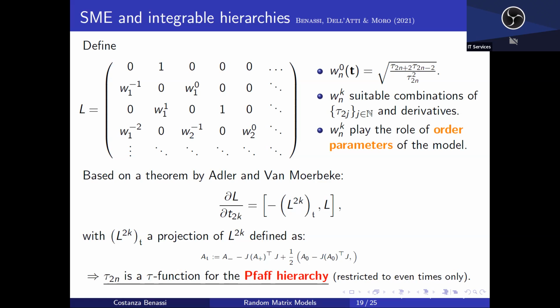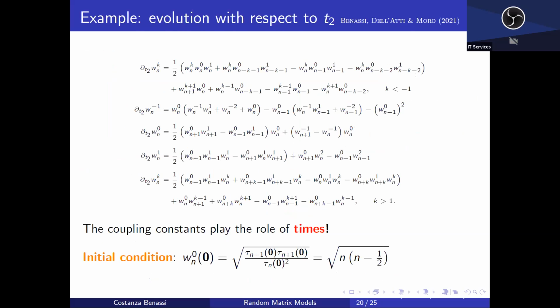Okay. So again, this is an integrable hierarchy. We have infinitely many commuting flows, one for each coupling constant that again are hidden in here in the taus. And so tau is just a tau function for the FAF hierarchy, again restricted to even times only. This result holds in more generality for the full FAF hierarchy if you take both even and odd powers in the tau function. So don't be scared. This is just to give you a flavor of how they look, and just to make you see that this is more complicated than what we had before.